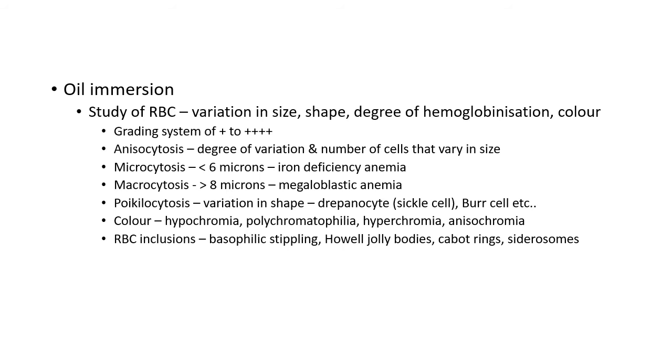The smear can be used to study the variation in shape of RBC also. The variation in shape of RBC is commonly termed as poikilocytosis. This is again graded from 1 plus to 4 plus. 1 plus denotes 2 to 6 cells showing variation. 2 plus 7 to 10 cells per oil immersion field showing variation. 3 plus denotes 11 to 20 cells per oil immersion field showing variation, and 4 plus refers to more than